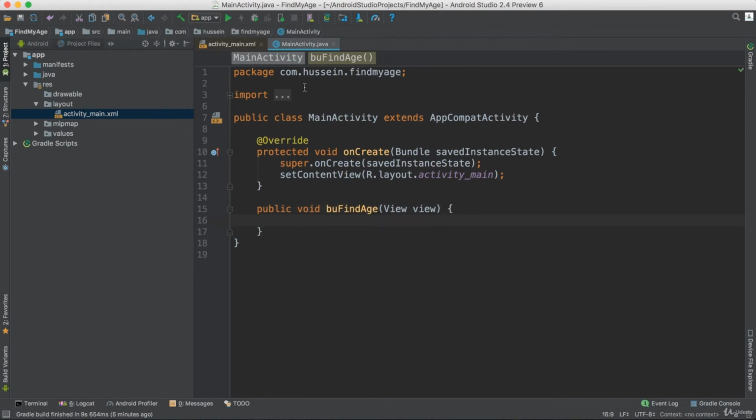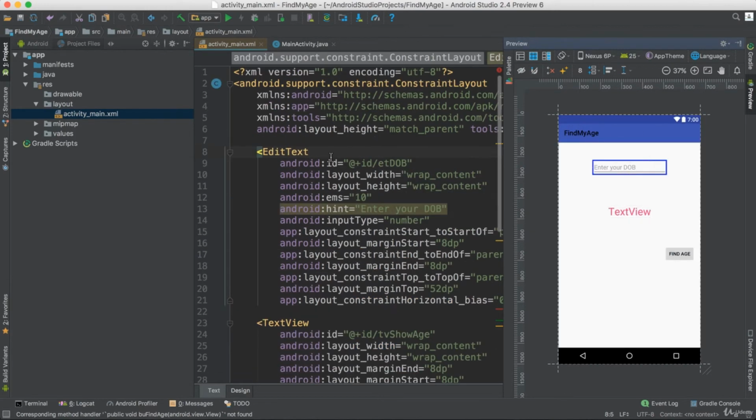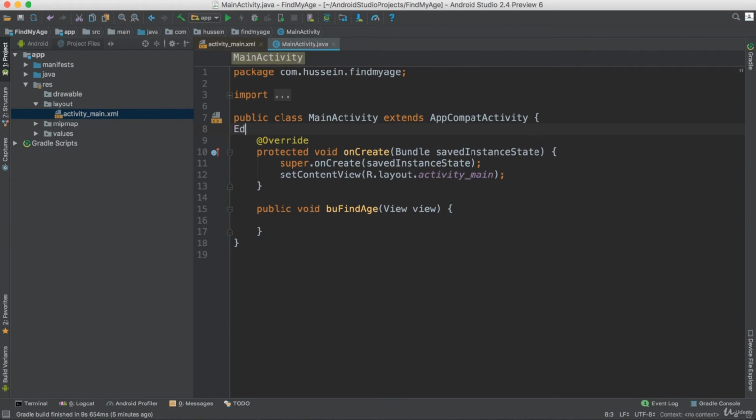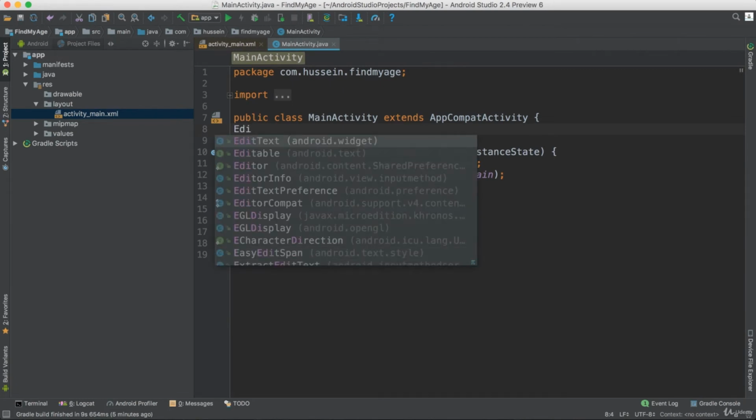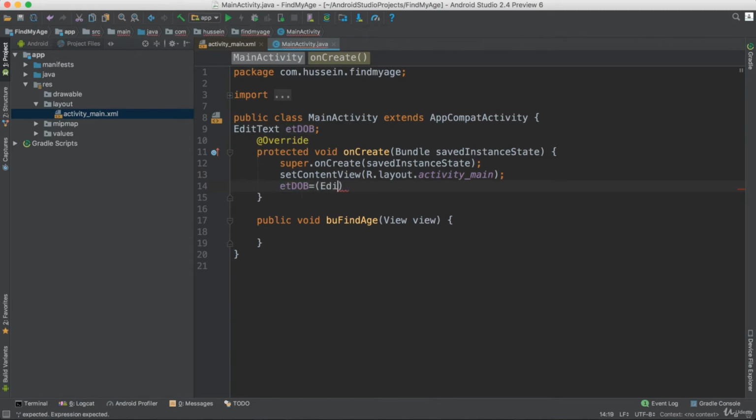What we have in the app to read the information from, now we have this one, which is edit text. So go here and define edit text and make sure you import. You click enter so it can import the library that is needed. Edit text, let me name it etdob. Just in the constructor, you just initialize the edit text. Find the view by id